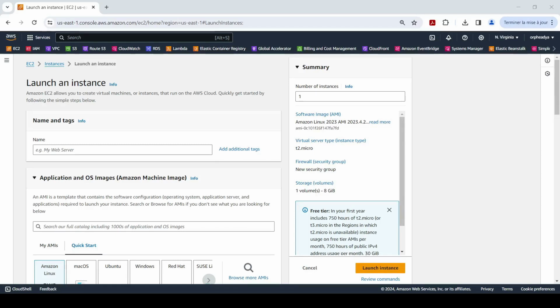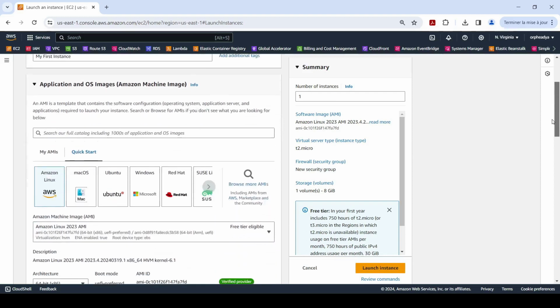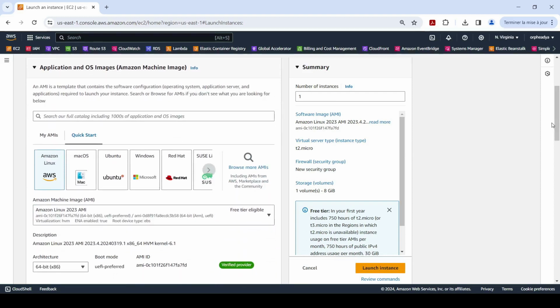The first step is to give a name. I give the name my first instance. The next step is to choose an operating system. I will choose the operating system Amazon Linux.